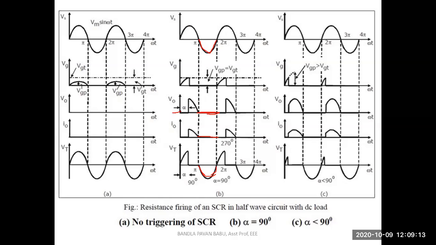So this alpha depends on your adjusting resistance. That means it depends upon the gate voltage here. So you look at this. Okay, so similarly,